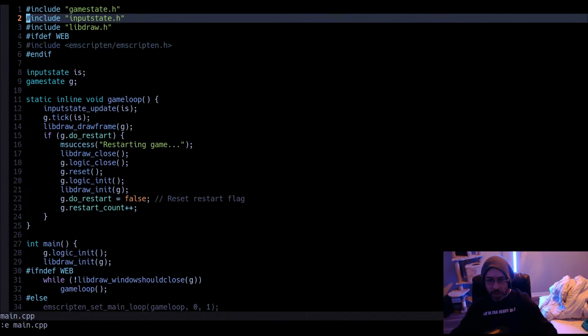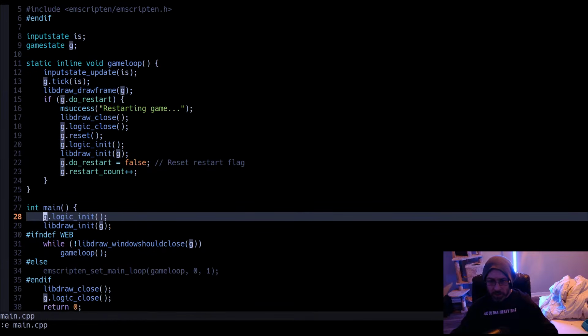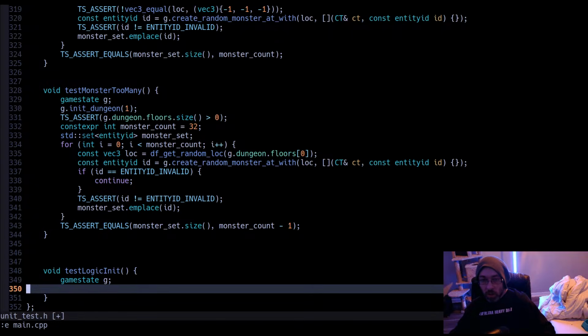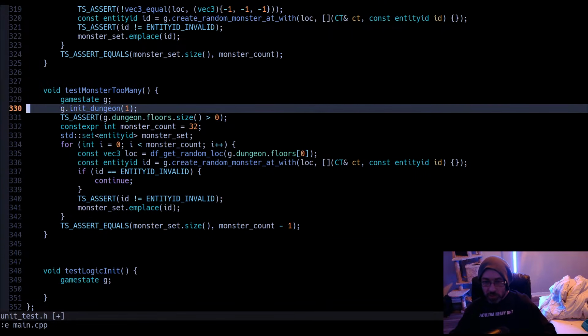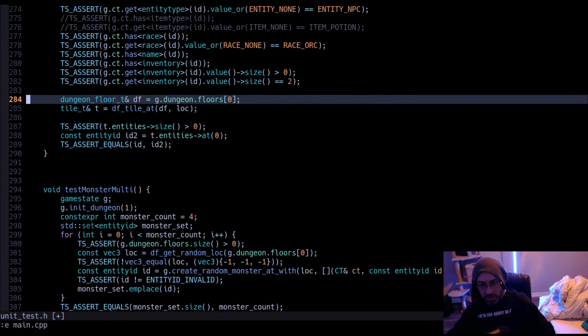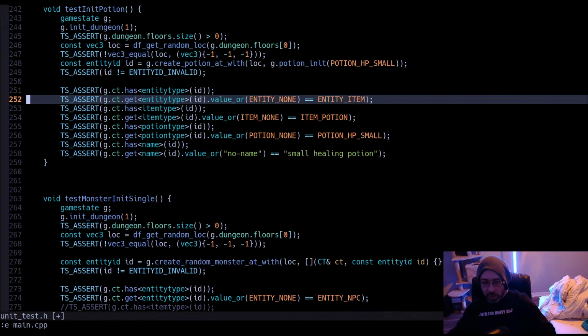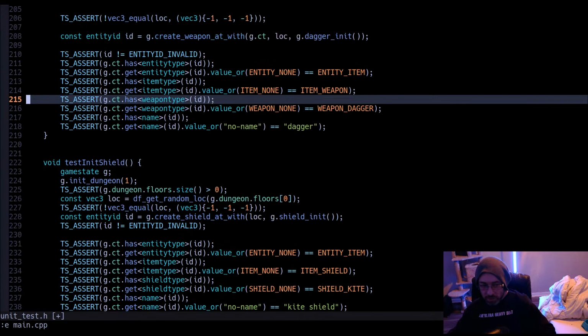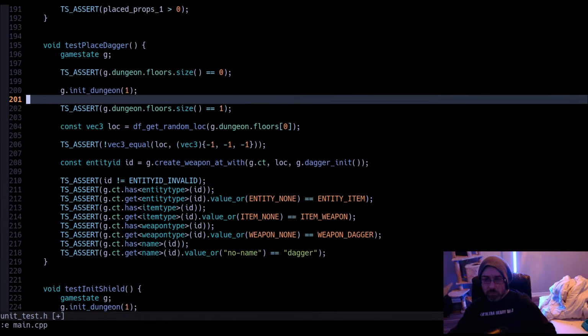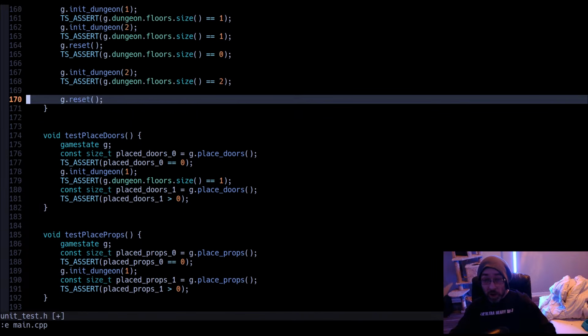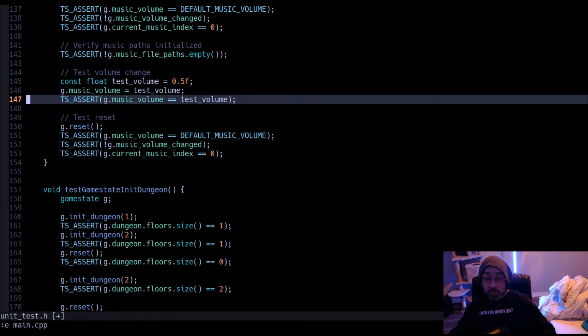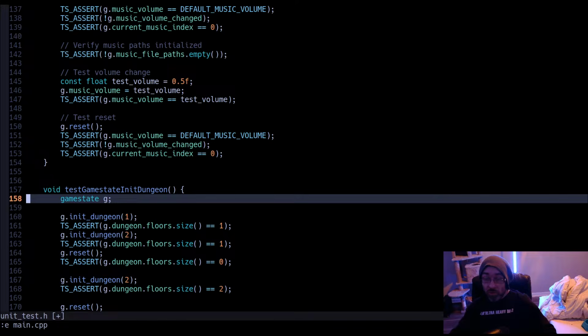So over in our main, whenever we create the game state, the first thing we actually do is call logic init, right? All the things that we just did were individual components of the existing logic init. Creating daggers, creating potions, creating shield, placing props, doors, initializing the dungeon itself.